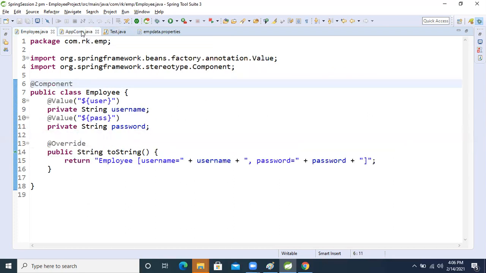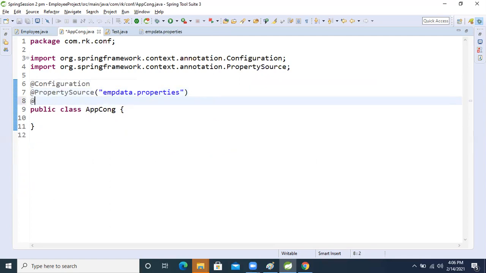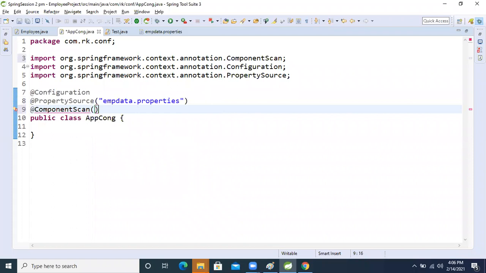Oh, sorry. One more annotation we need to apply: component scan. Because of that it's not working. Okay, sorry, my mistake. Today I'm making too many mistakes. A small brain, guys, okay?